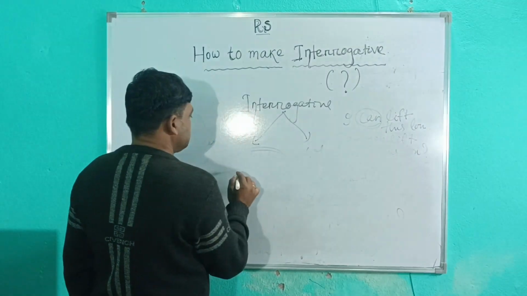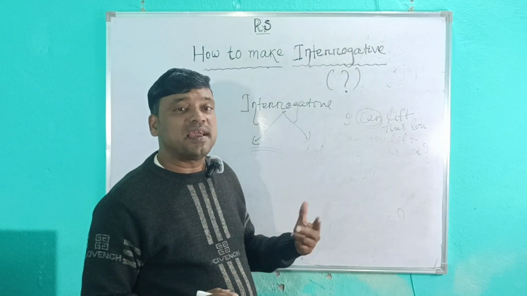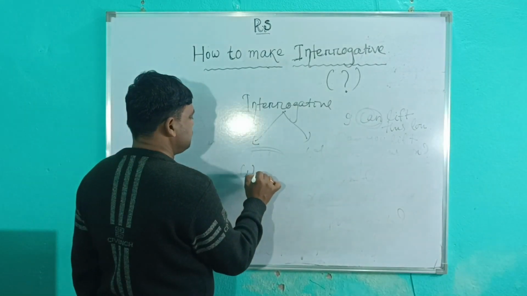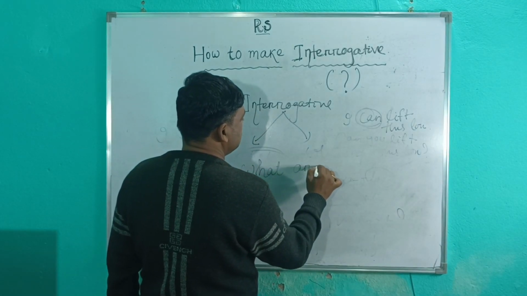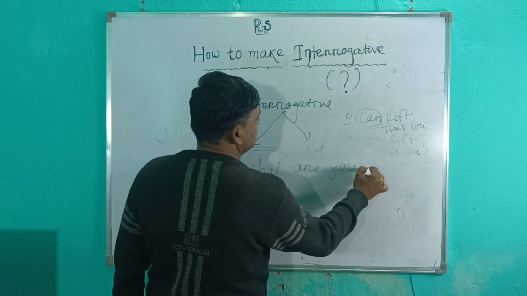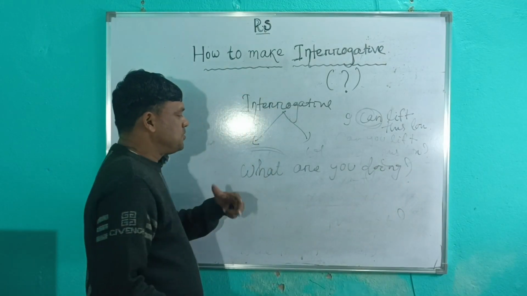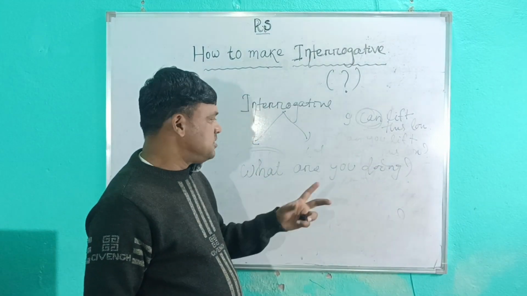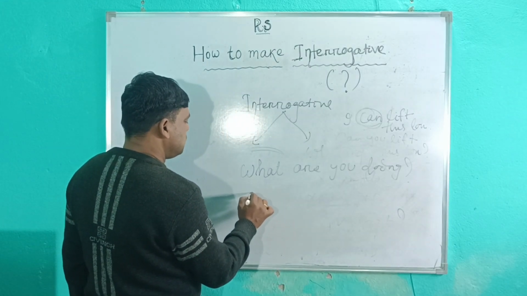ओके, सो जैसे कि मैं पूछा तुम क्या कर रही हो, राइट? व्हाट आर यू डूइंग, व्हाट आर यू डूइंग। तो ऐसे पूछने से तुम क्या कर रहे हो ऐसे बनता है व्हाट आर यू डूइंग। जैसे कि देखो, सपोज मैं एक सेंटेंस लिख रहा हूं,